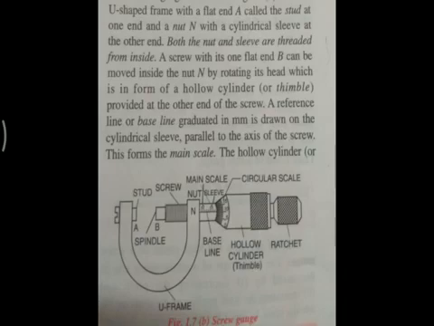Over here we have seen it has a ratchet, a sleeve, a thimble, a main scale, and the circular scale. So what are the functions of this ratchet? As I said, it is used to advance the screw, to move the screw. Whenever we move the ratchet, the screw will move inside or outside. Whether you move anti-clockwise or clockwise, the direction of the movement of the screw will change. Whenever we want to calculate the thickness of an object, it is put in between A and B. Further, what is the sleeve?